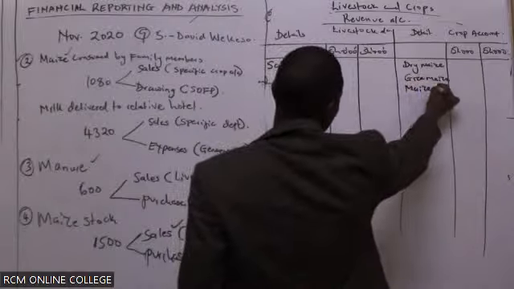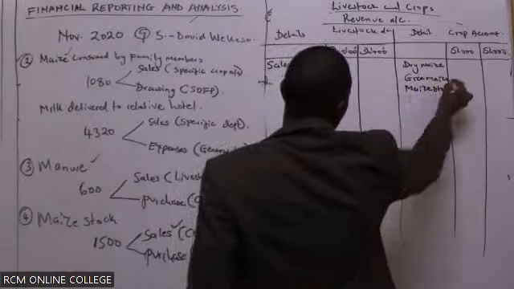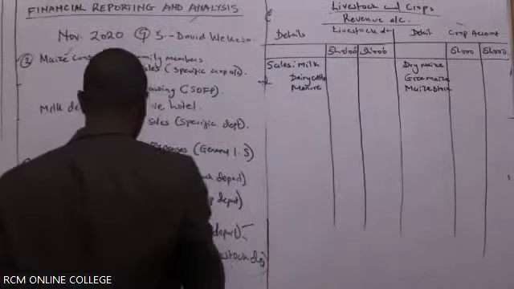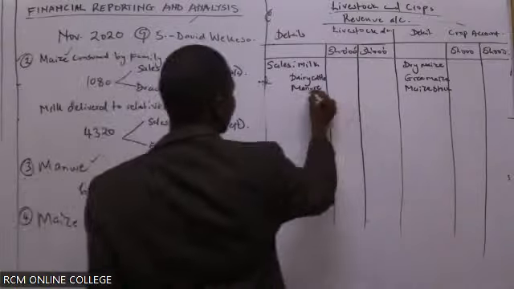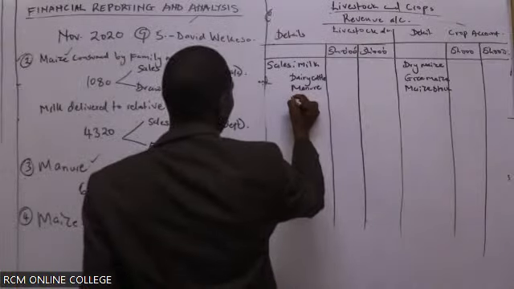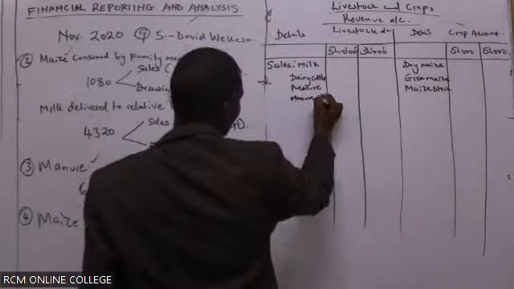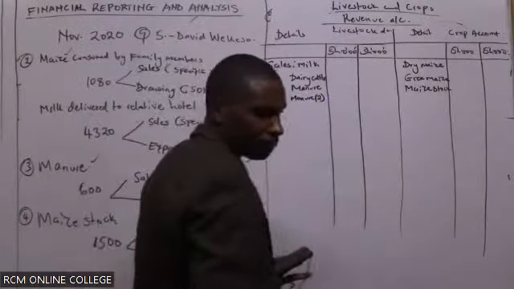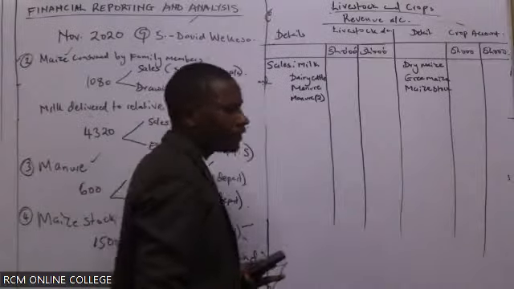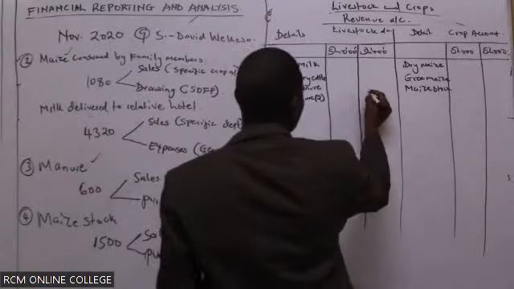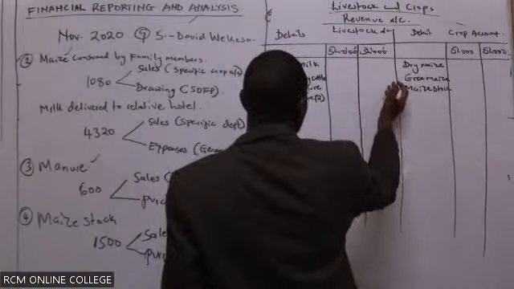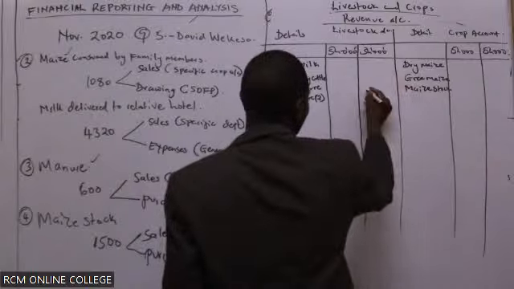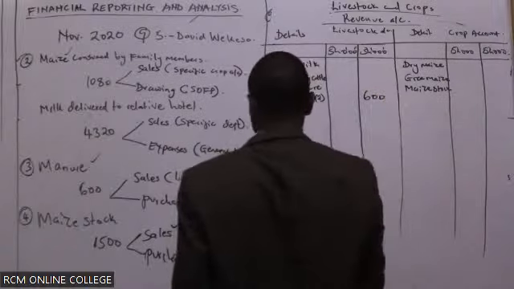Maize stock. Then under my livestock, niko na sale pia 600. Manure. Oh, I have another manure 2. Allow me to put it as manure 2. So here I have 600 and adjust them here on the other side. No worries. Remember, I will be subtracting other items here. So let me have them 600.